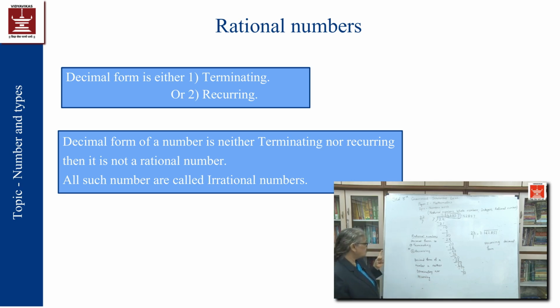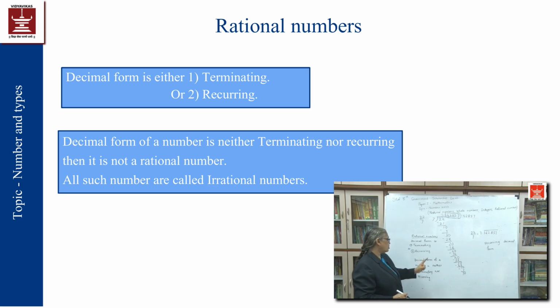Shall we call them rational numbers? The answer is no, obviously, because we have seen that rational numbers exist either in this form or in this form. The decimal forms are either terminating or recurring. So, if we have neither recurring nor terminating, obviously they are not rationals. Either recurring or terminating are rational. Neither recurring nor terminating are not rationals. Okay, and not rationals means irrationals, right?